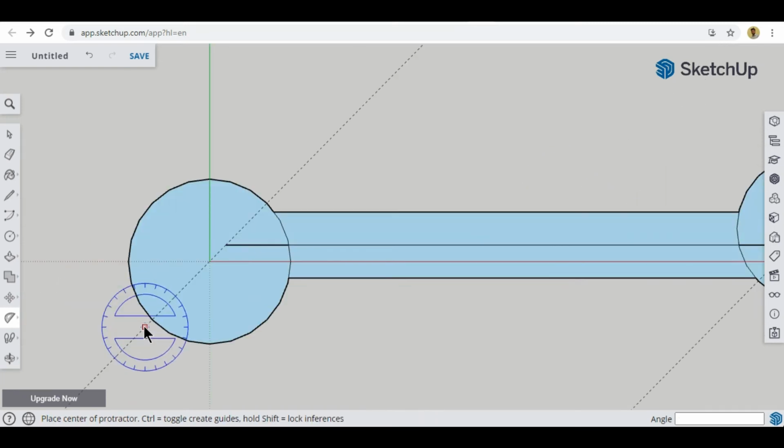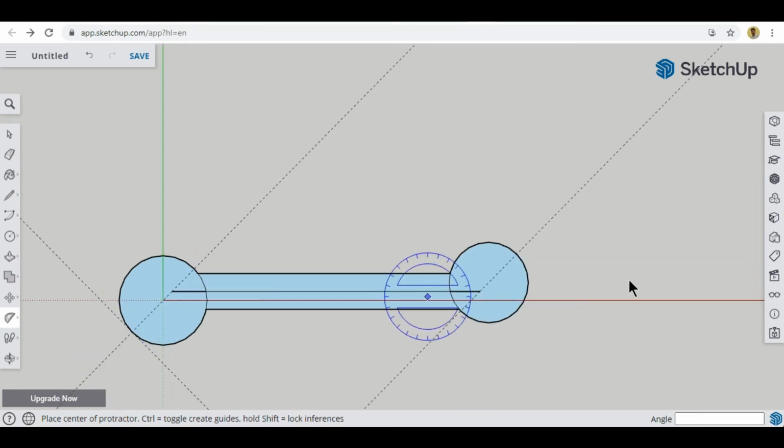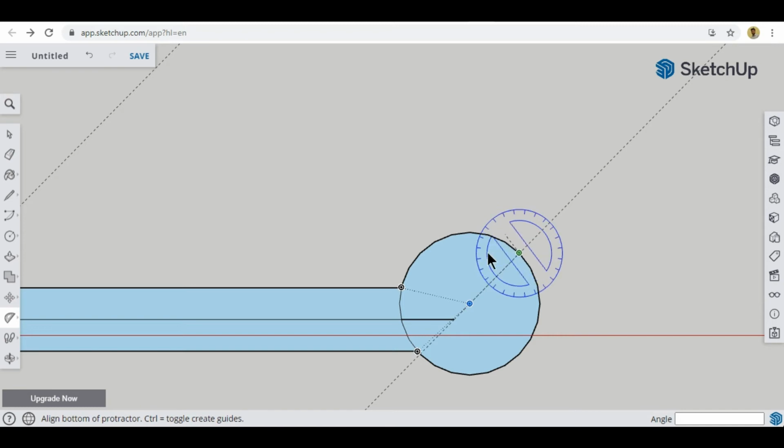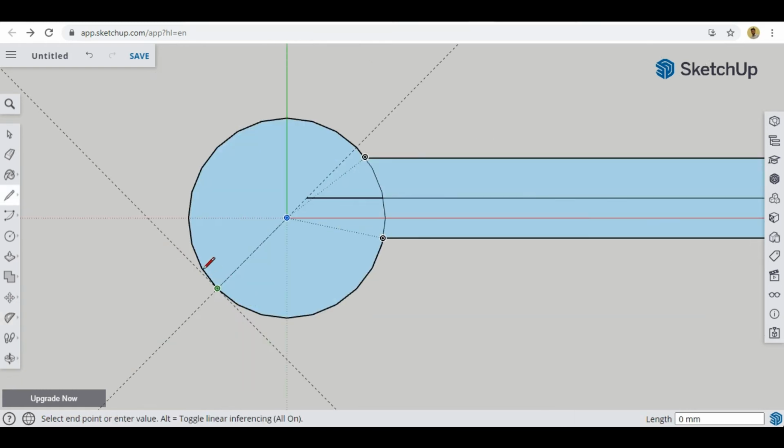Okay, so now we have to create some more straight lines. For that I will take the protractor again, and I will create this 90-degree line, or we can say temporary axis. Okay, again I will create a 90-degree temporary axis for our future lines. Okay, like this. Now we can create these lines of 4 millimeter, which will be completely straight. Okay, again this line will be completely straight, and we can write 4 and enter.